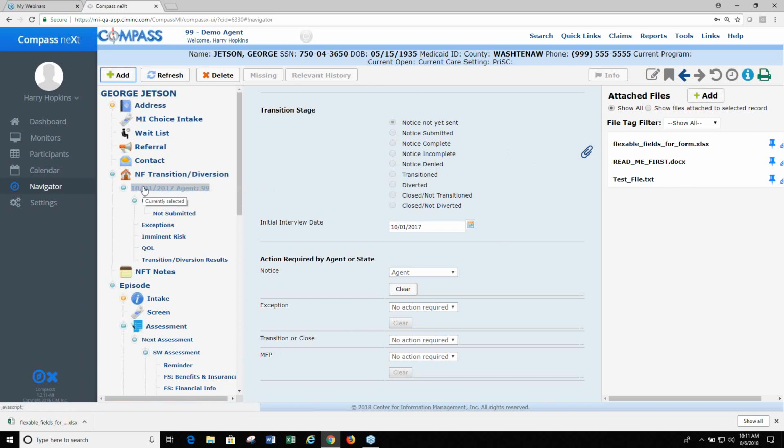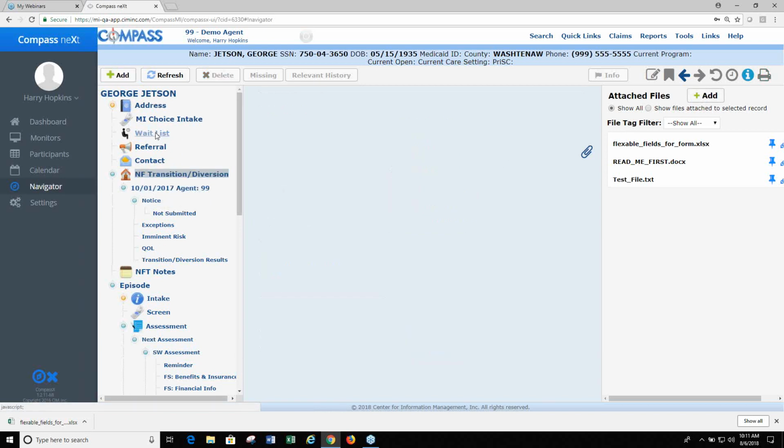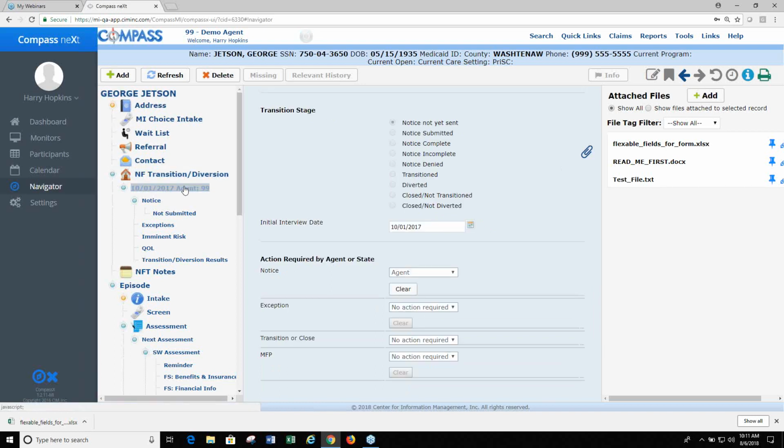Anything above that, the file is actually attached to records. So if there's not really a separate record for it, it's going to jump up to the actual record above it. In this case, NIFTY transition diversion isn't an actual record. The records are underneath it. This is just a label. So if you attach something to this, it's actually going to attach it to George Jetson, the participant record, because that's the closest one it has. In the tree, there's nothing above this on the left. So make sure you're attaching them here, and the state will find it attached there,